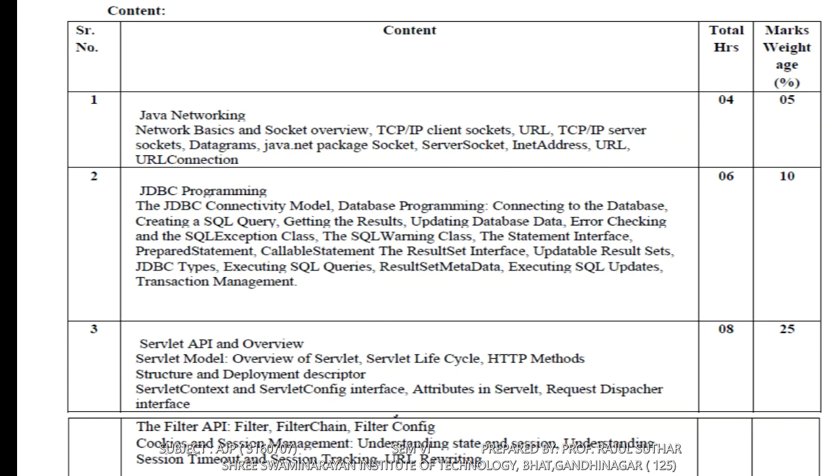This is the content of the second chapter, JDBC programming, Java Database Connectivity.